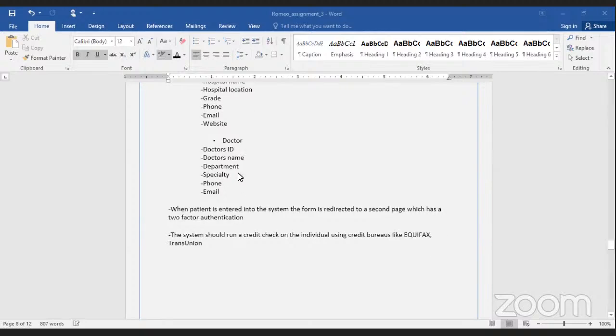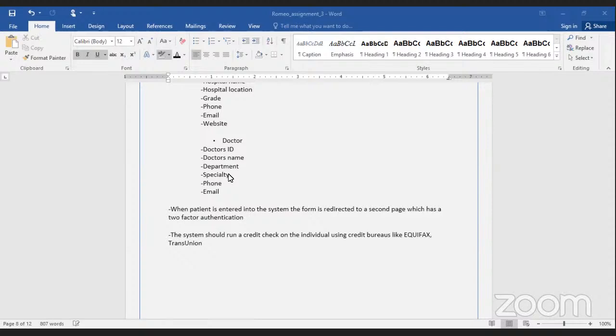You need to state what kind of doctor you are. Are you a general practitioner? Are you a neurosurgeon? A cardiovascular surgeon? A dermatologist? A plastic surgeon? You have to state your specialty, your phone number, and your email address.